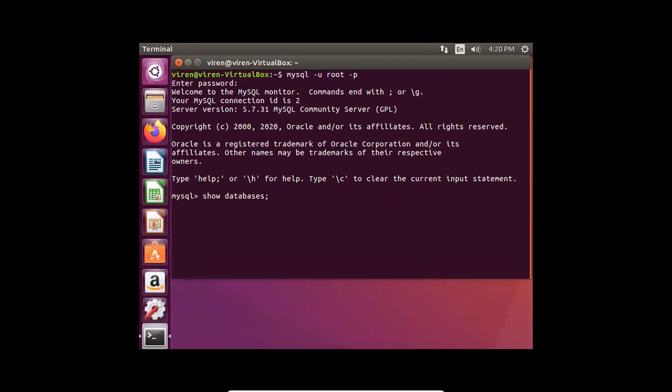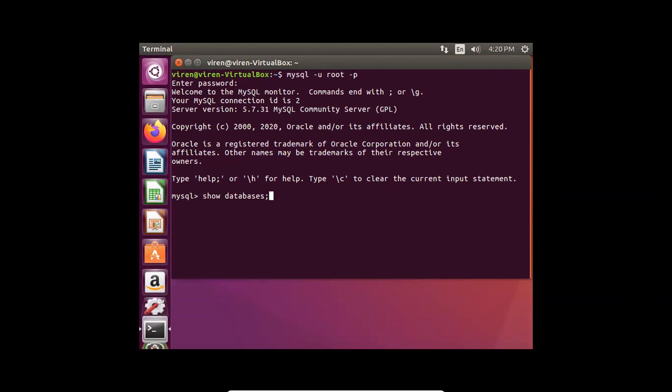Here I am typing a command, and this is SQL, structured query language. I am typing a query, and the query is ended by a semicolon. When I type a semicolon, the compiler, that is the MySQL compiler, will understand that the query has ended, and it will identify the inside contents of the query, that is query processing.